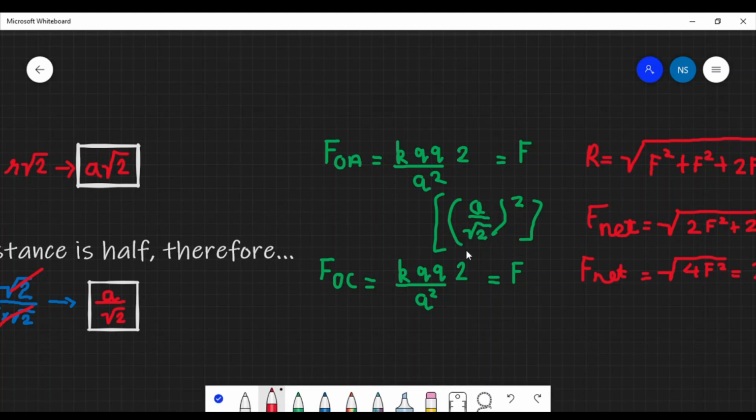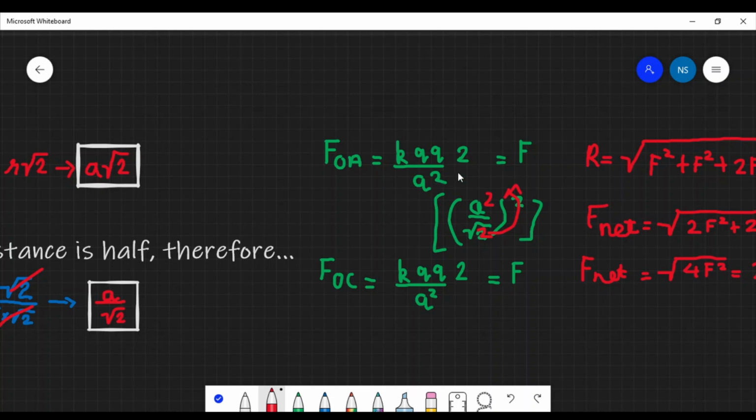This A by root 2 becomes A square, and since we are squaring this root 2, we get only 2 as the answer, but 2 will go in the denominator because A by root 2 is already in the denominator. Therefore 2 will go in the numerator, and we get force on O due to A is equal to